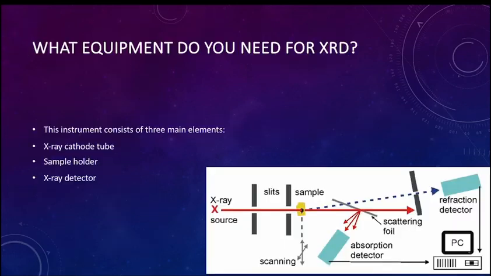What equipment do you need for XRD? The instrument consists of three main elements: X-ray cathode tube, sample holder, and X-ray detector. A source of X-rays, which can be made monochromatic by a filter, allows the X-ray beam to fall on the powdered specimen P through the slits S1 and S2. The function of these slits is to get a narrow pencil of X-rays. Fine powder P, stuck on a specimen by means of gum, is suspended vertically in the axis of a cylindrical camera. This enables sharp lines to be obtained on the photographic film, which surrounds the powder crystal in the form of a circular arc.